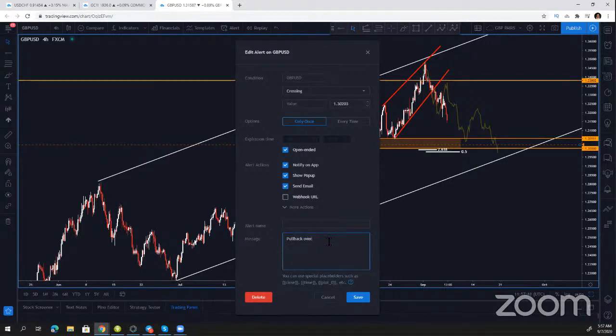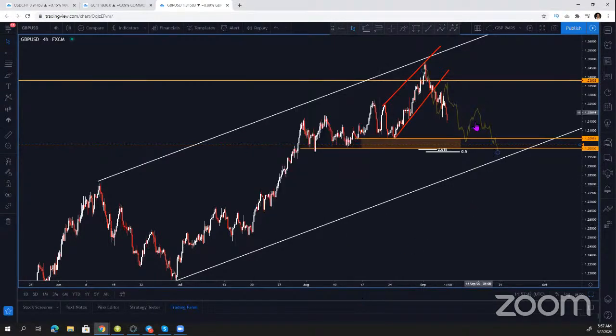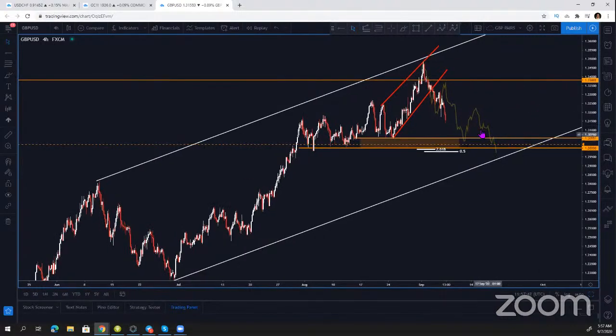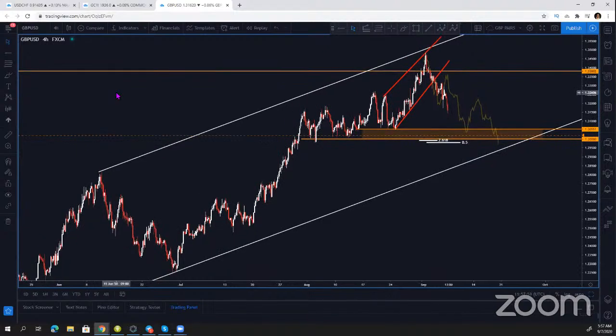Pull back over, let's call it that. That's fine. I'm going to be looking for that pullback to that value, to my value zone, which is this one right here that I just showed you, for a long position this week. So basically, this is my play on the pound versus the US dollar, which is something that I was looking at because of